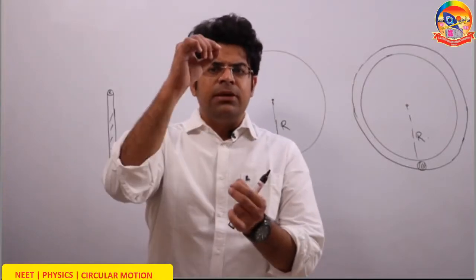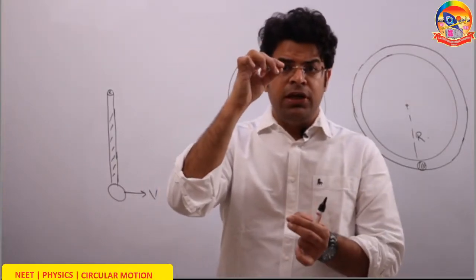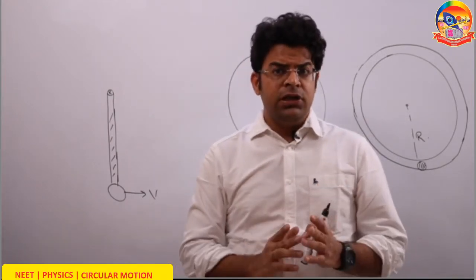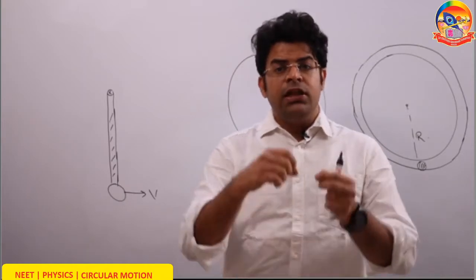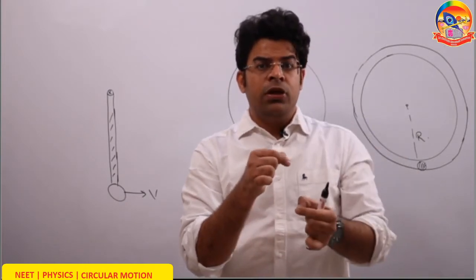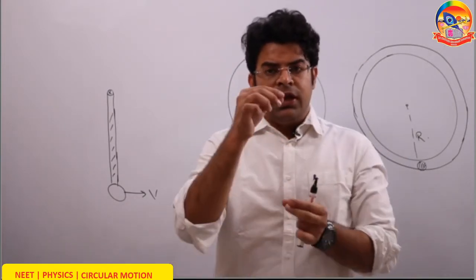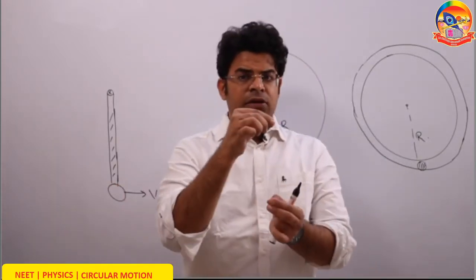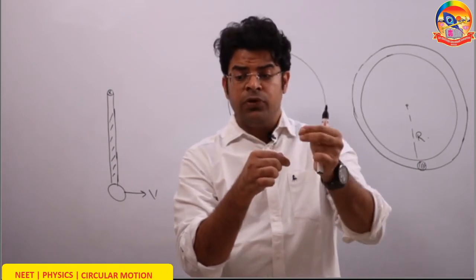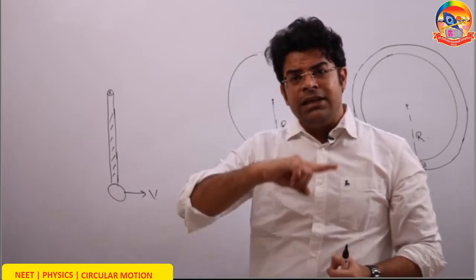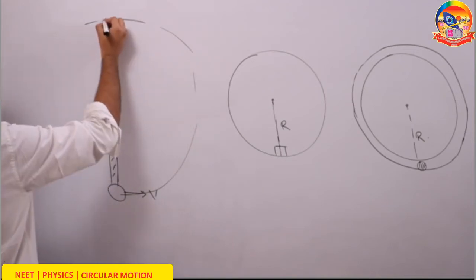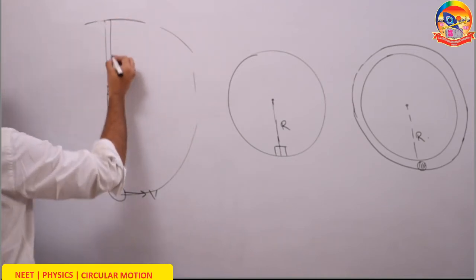So now the case: what is the minimum speed that has to be given at the lowest point if the bob is connected to a rod rather than a string? The difference between the string and rod is that a rod can push but a string can't push. In the case of a string, if at the highest point the speed becomes 0, the bob will fall straight down. But this is not the problem in case of a rod. In case of a light rod, when the rod becomes vertical and the speed of the bob becomes 0, it won't fall straight down. So in the case of a rod, even when the bob reaches the highest point, the speed of the bob can be 0. So here the minimum speed at the highest point can be 0.